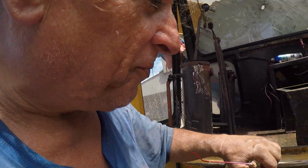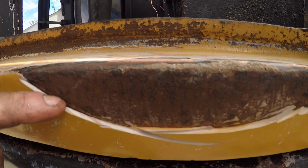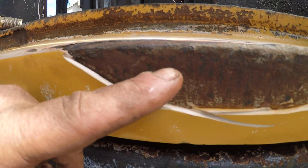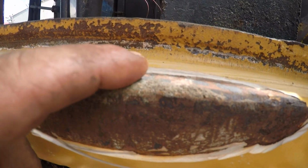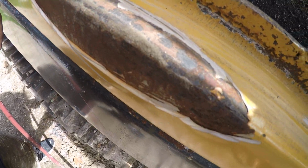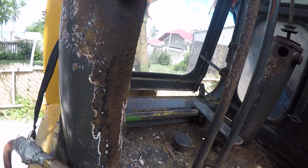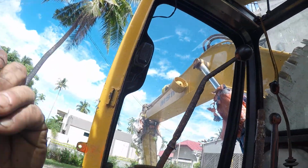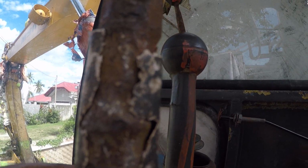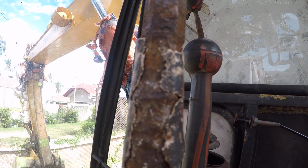Now look at this. The Bondo here is just shy of 1/8 of an inch thick. Same here. But it was put over a rusty surface. You could see it's rusted. Not rusted because I ground it, it's rusty because it is. But there's the clincher right here. Now what they did, you can see this Bondo lines up perfectly with this